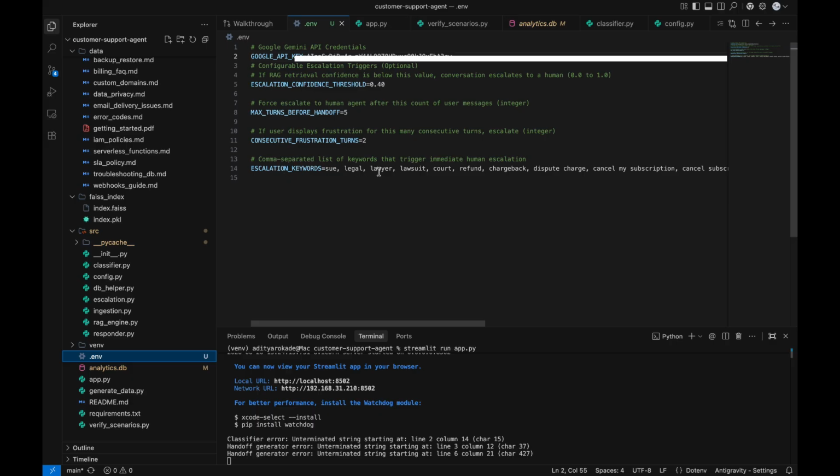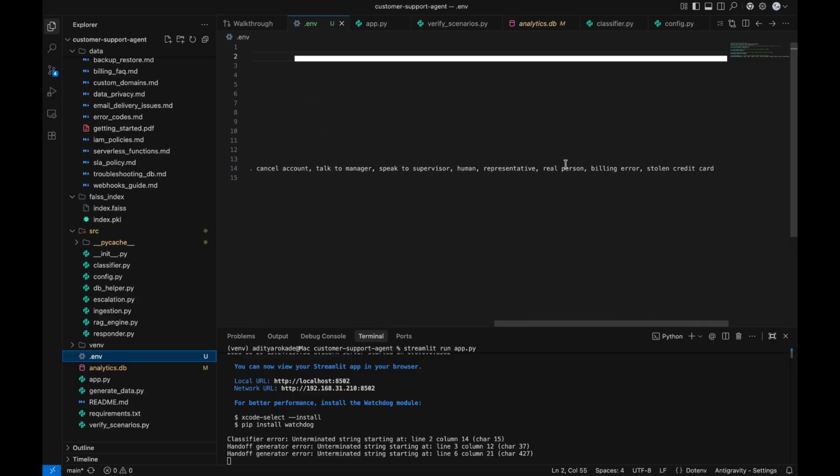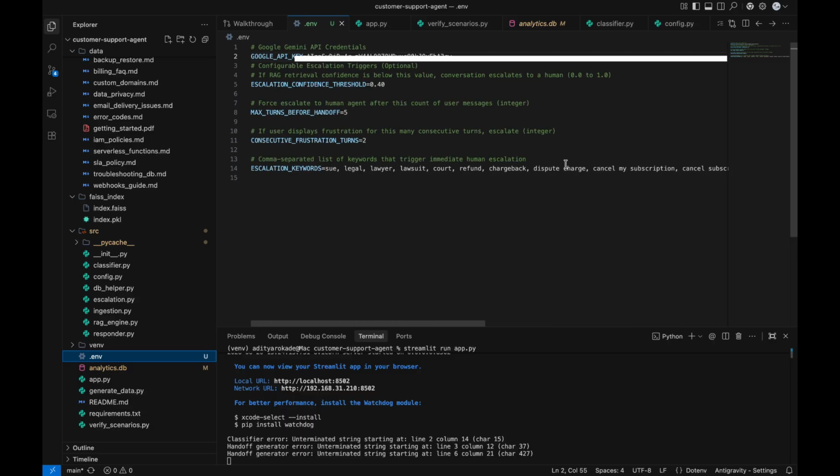These are the escalation keywords. If these keywords are present in the user query, then the escalation is triggered, and sometimes a handoff card is also given by the chatbot. Okay, now